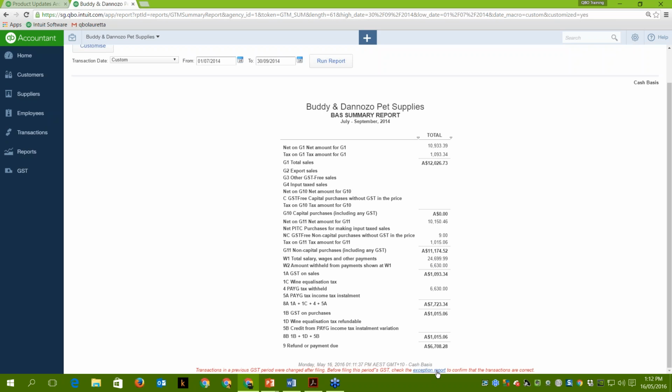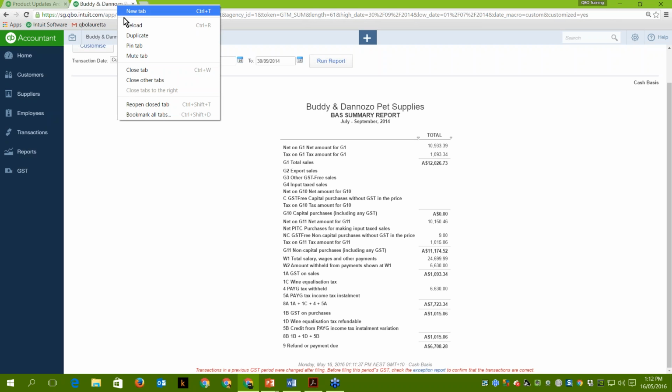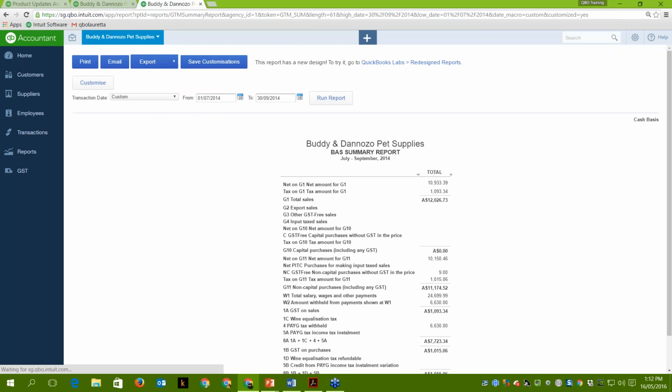Don't forget you've got an exemption report. So it's actually making sure that you are aware that there are some changes that have happened after you've lodged the previous BAS. So what I'm going to do, everyone, this is a Chrome tip, okay? I am at the top of the tab. There's my cursor. Right-click, duplicate, because when I'm doing this type of work, I like to use more than one